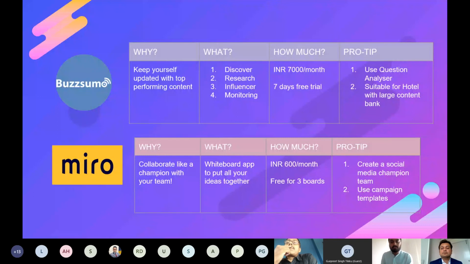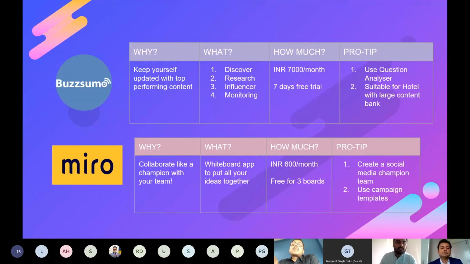And that was the biggest question that we as an agency also had: how do we keep ourselves updated? How do we make sure that as soon as something new is launched, a trend is being picked up, how do we become the first ones to put it out? That was always the challenge. And that's when our content team found this tool, and it became a success. A lot of companies all over the world are using this tool, and it's called BuzzSumo.